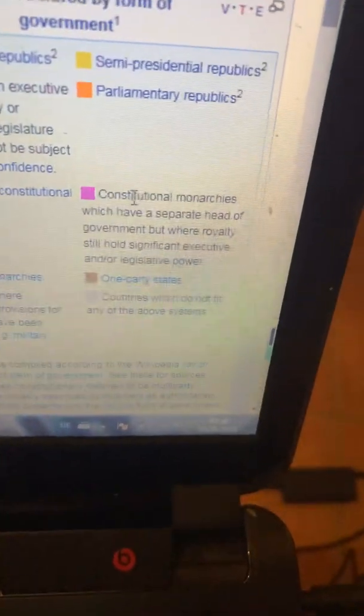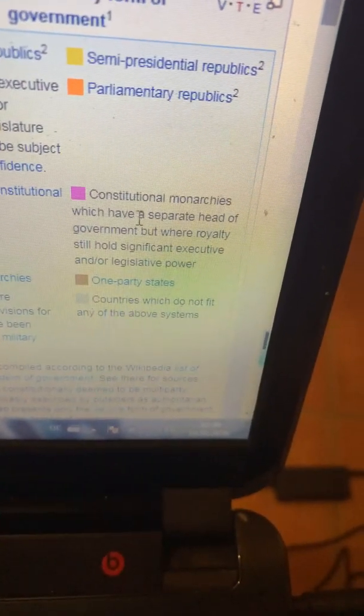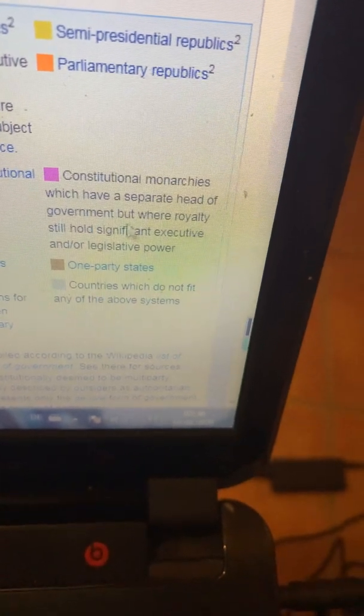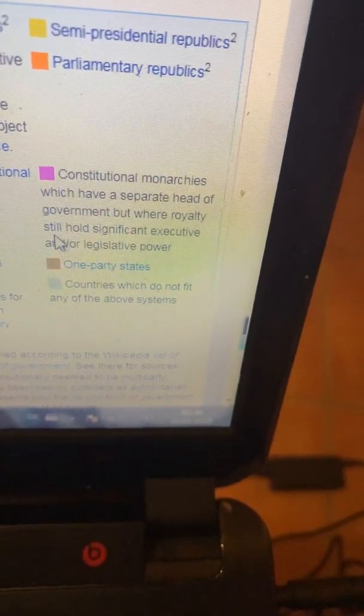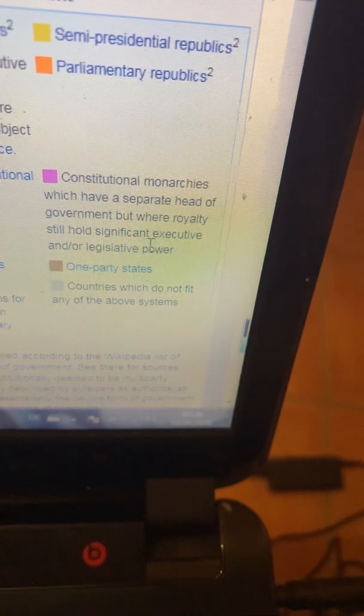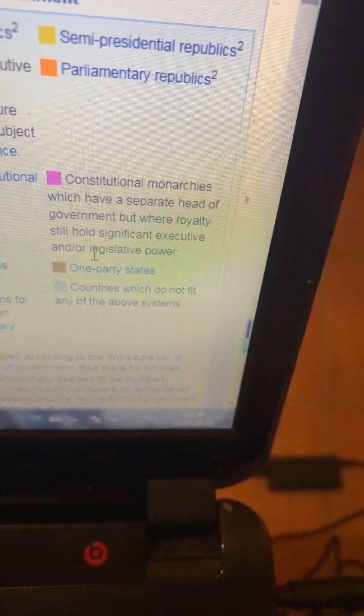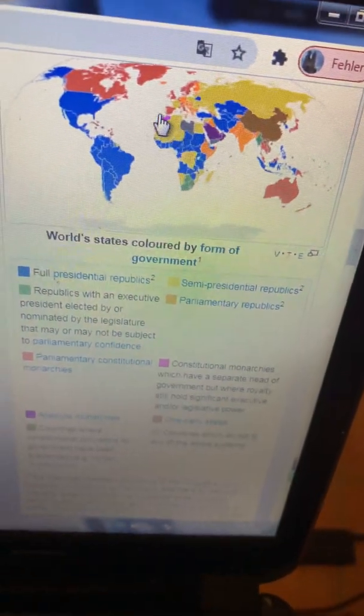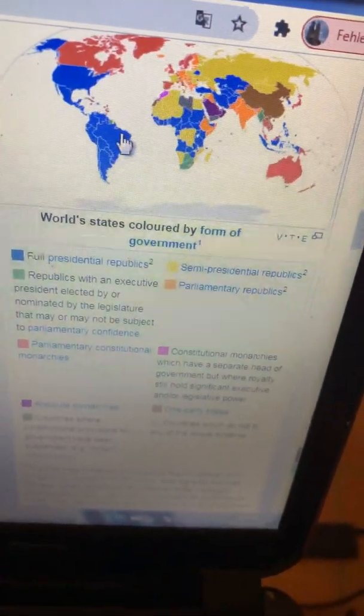And the constitutional monarchies which have a separate head of government, but where the royalty still holds significant executive and or legislative power. Example like in Morocco,